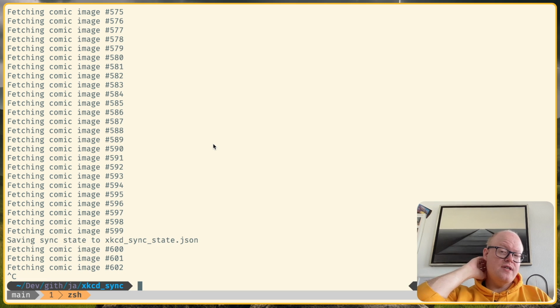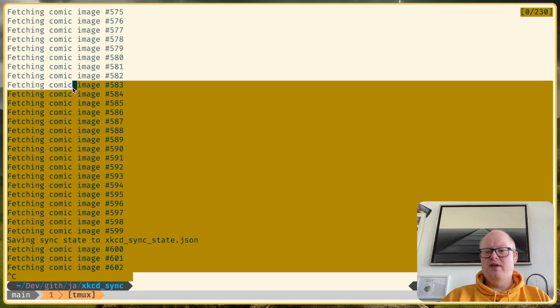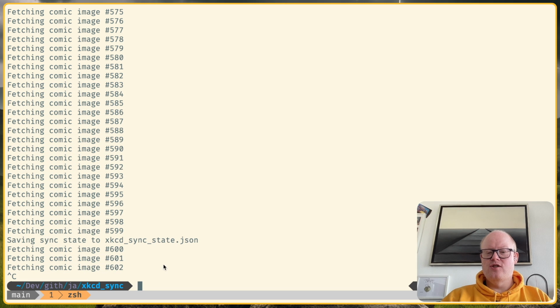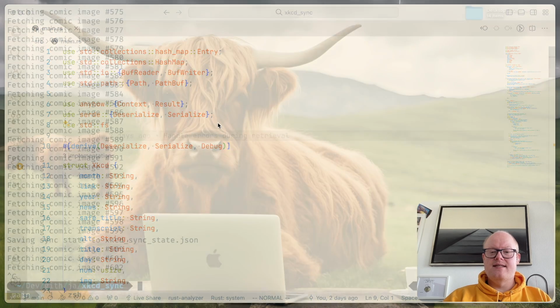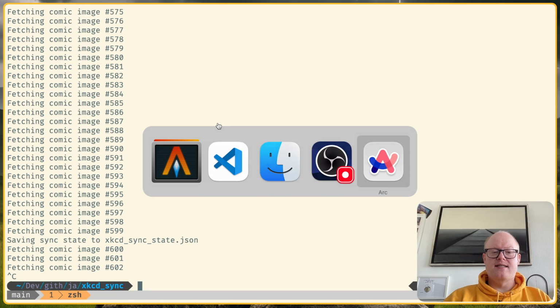What I want to do today is use this as an excuse to look at a crate named crossterm, because I don't particularly like this output here, so I want to implement a simple progress bar for it. And yeah, I know there are a lot of finished and polished progress bars, but as I said, I want to use it as an excuse to take a look at